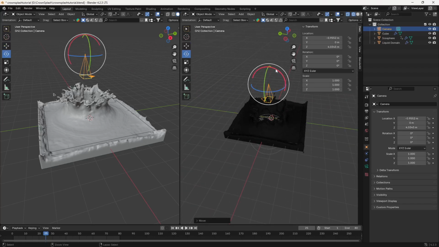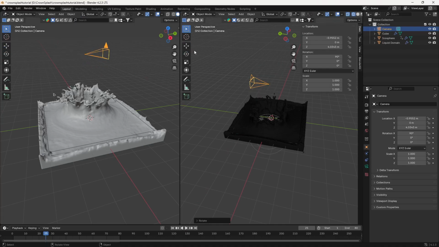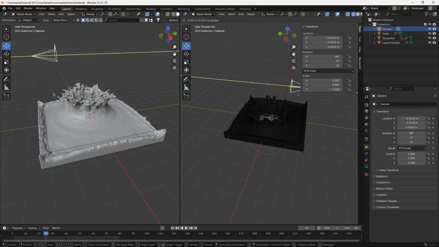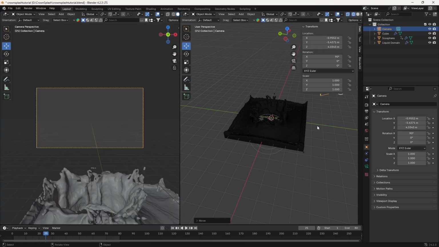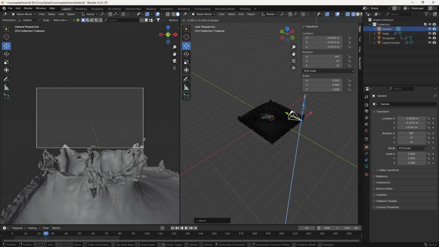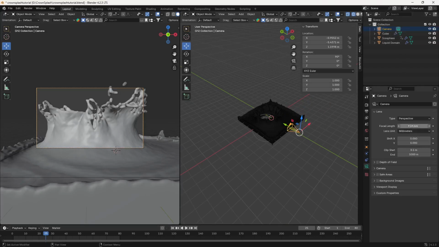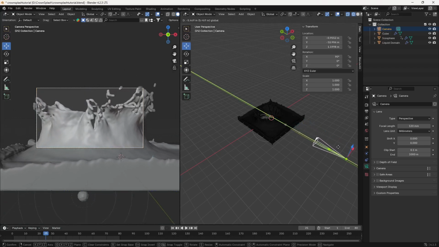Then I'm going to rotate it by holding the control key, so we get the perfect rotation. Now I'm going to move this backward. Let's click this camera and move it backward. I'm going to view through this camera by pressing the 0 key, so we can see the camera here. I'm going to move this downward. Now you can see the effect here. I'm going to click on my camera and make sure my focal length is set to like 120, so we get that zoomed-in view, and just move this backward.